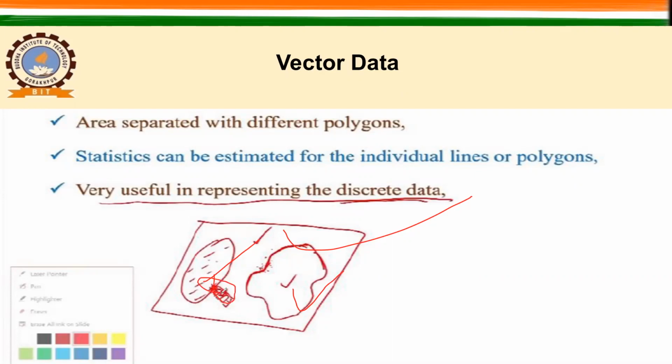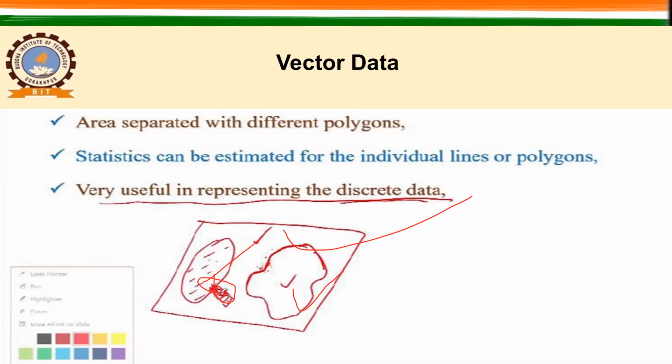In the vector data, you have point, line, and polygon to represent such features. So when you are using that, you have a restriction, like you will decide a boundary from where you will say this is the forest, this is non-forest. So in that case, you are making a boundary for the discrete class.